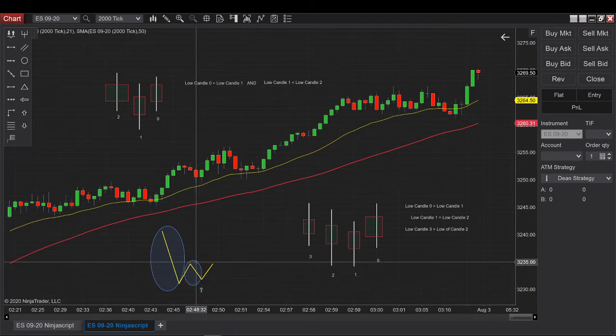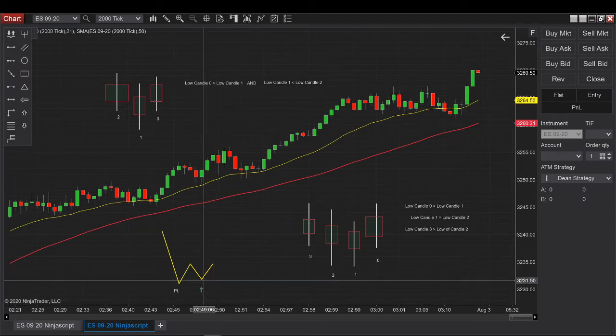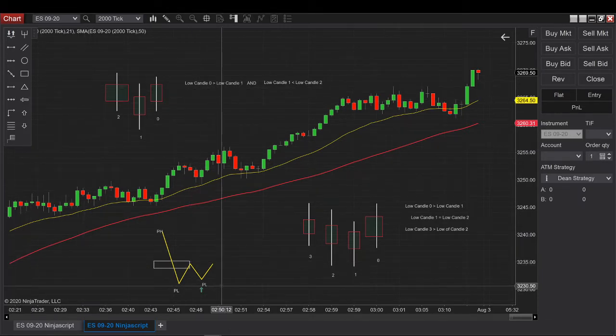But from a programming point of view, what we actually need is to find a first pivot low and a second pivot low, so I need 2 pivot lows and 2 pivot highs. If I have a pivot high, a pivot low, a pivot high, and a pivot low, it's a two-legged pullback.